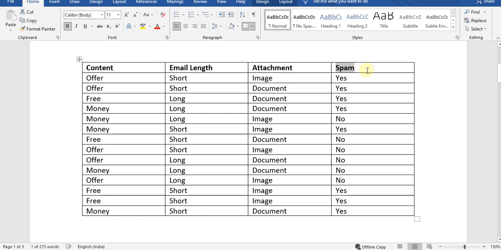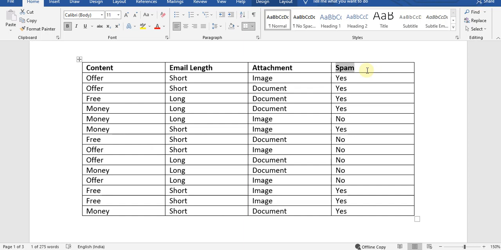So you may now understand that this data is about email spam detection, that is, whether an email is a spam or not. So here the target class is whether the email is a spam or not. So there are 2 possible target classes. One is spam equal to yes and another is spam equal to no. So there are 2 possible target classes and I have been given 3 features.